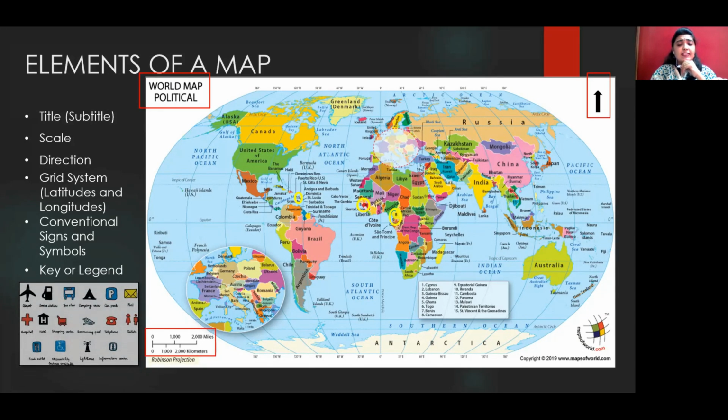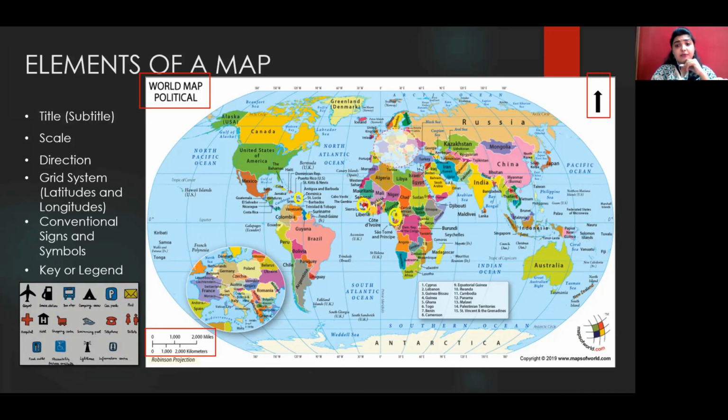The next thing that is there in a map which has to be there is the grid system. Now grid system is nothing but the combination of latitudes and longitudes that we call. You know, when I say that I need to locate India, how will I locate India? There has to be some kind of reference given. So when I have to give a reference, it is generally there in terms of the latitudes and longitudes, which has to be there in a map when we are constructing one.